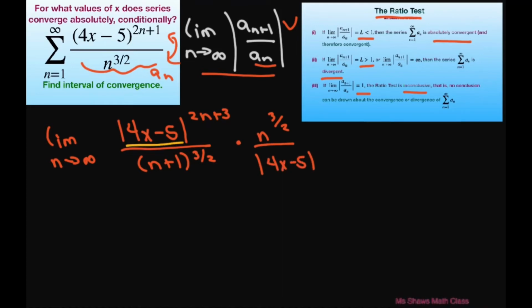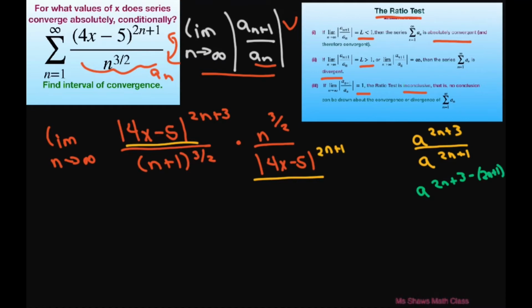Now, let's just look at this real quick. This is 2n plus 1. If you have a to the power of 2n plus 3 divided by a to the power of 2n plus 1, that means you have the same base. This is a to the power of 2n plus 3 minus 2n plus 1. This is going to give you a squared. So basically for this piece, I'm going to pull it out and write this as the absolute value of 4x minus 5 squared